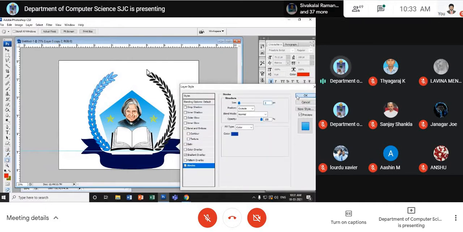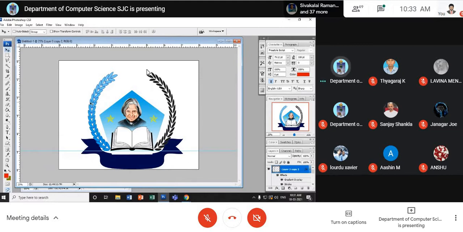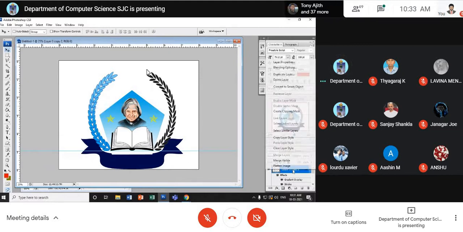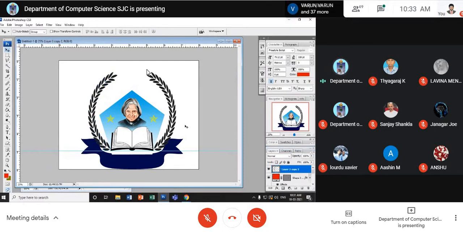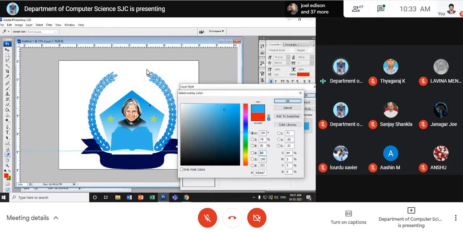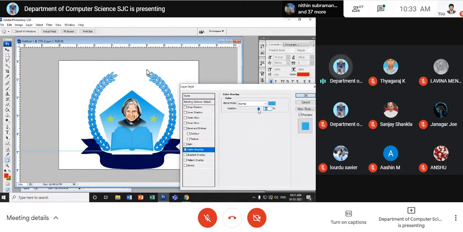Okay. The same style I want to copy for this one. So how do you do that? Right click, layer, copy style. I'm sorry. Right click, copy, and take this layer, right click, paste it. So I pasted it, right? And the book I need to change the color. So what is the color that we can go with? I go to color overlay and make it, see here, like this. Now I reduce the opacity. See here, I reduce the opacity. See, you get the blue color textbook, right? Blue color, quite blue.